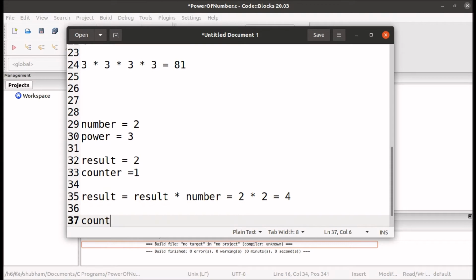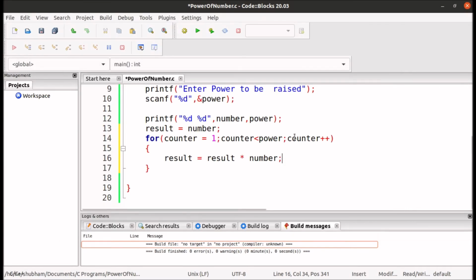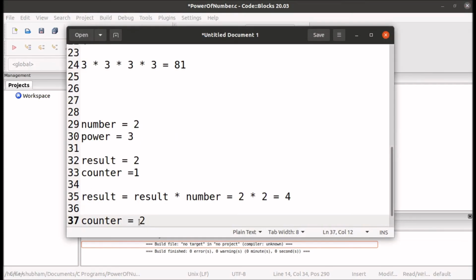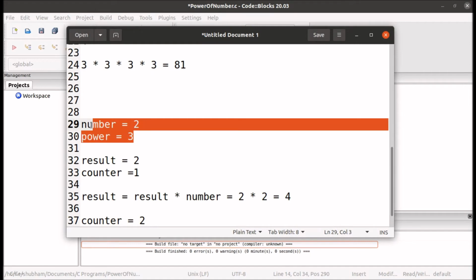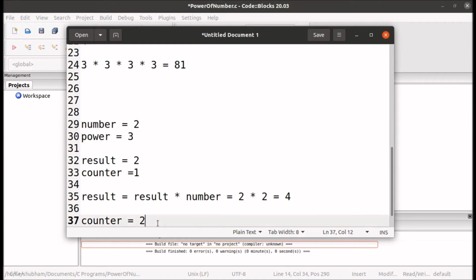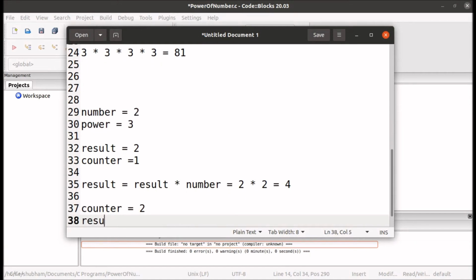Now counter will become 2 because here we have the increment operator, and we will check if the value of counter is less than the value of power. So the value of counter is 2 and the value of power is 3, so 2 is less than 3 is true, so result will become result multiplied by number.